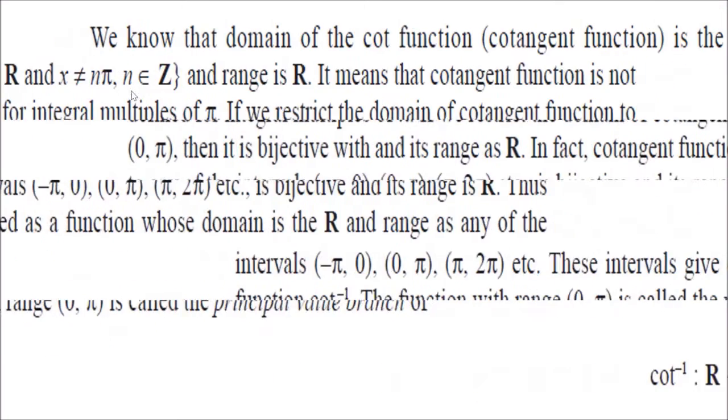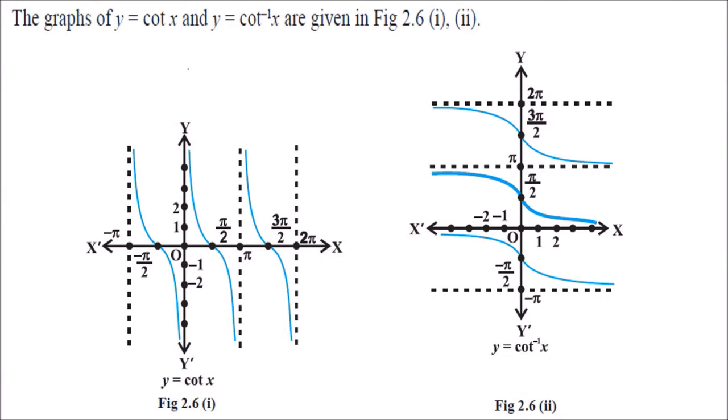If you take the range like this, and the domain can be anything, the cot inverse and cot function are like this. See, in this graph, it never touches 0 or pi. It will never touch it, because there it is undefined. And if you just overturn and flip it, turn it 90 degrees and flip it, you will get the graph of cot inverse. And if you see here properly, this is our function, cot inverse.